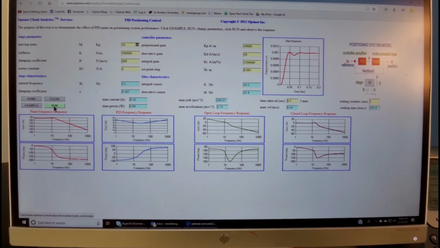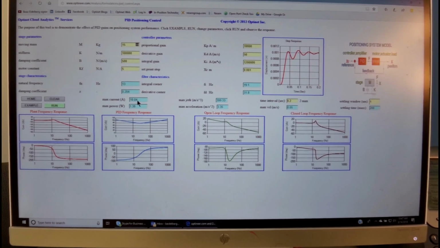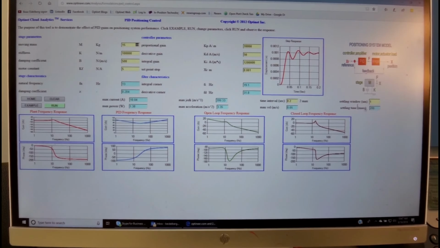And what we do over here is we simply run it, and the system now is showing us that we actually change the frequency over here of the response. We change the performance, and also we increase the peak. And we can see also over here what the settling time is, which got a little higher.